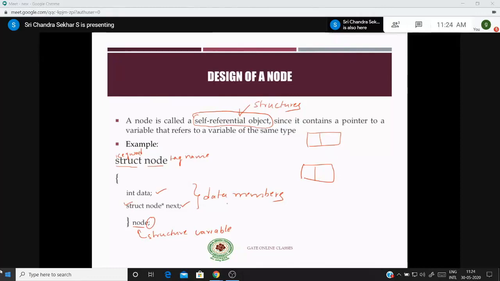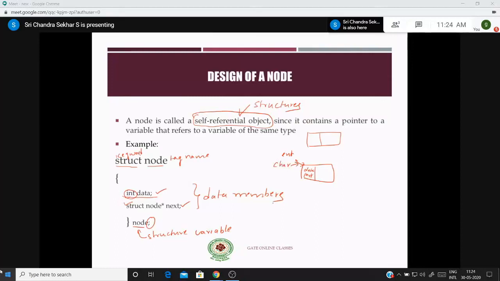Now coming back to the discussion, if I want to create a node with two parts, then I have to make use of two data elements inside this structure definition, right? Here one data element is int data. That means this is the data part, useful to store integer data, because we have used the data type int. Similarly, you can make use of char also, and different things you can use.